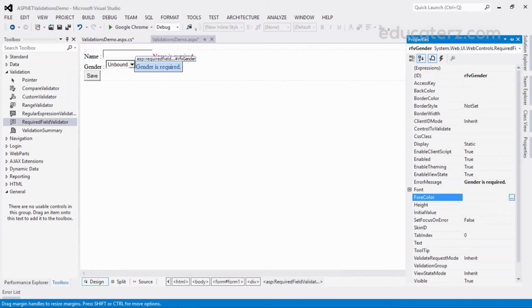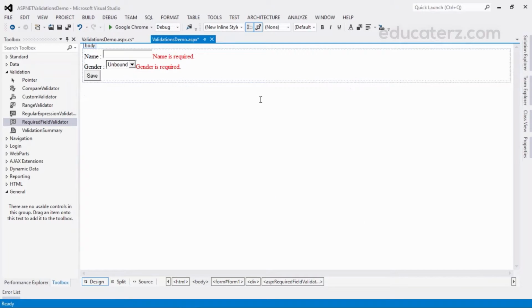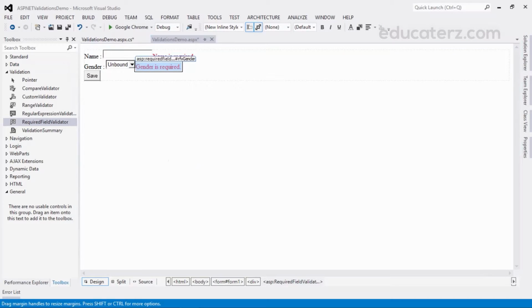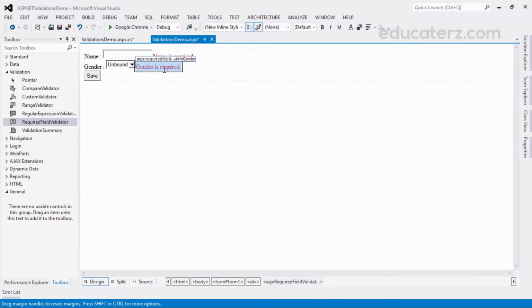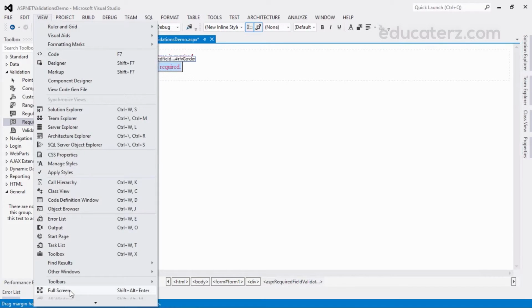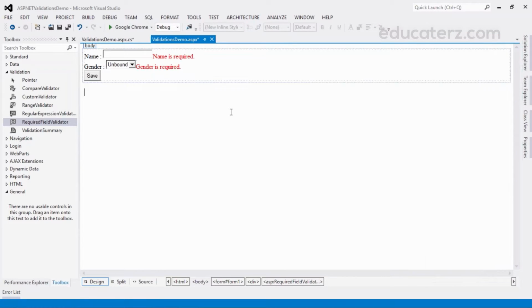Then forecolor. Please change the forecolor to red color. Go to properties. One more thing you need to change, that is to view the properties window like this. Then control to validate. This is most important. Here I chose the DDL gender.